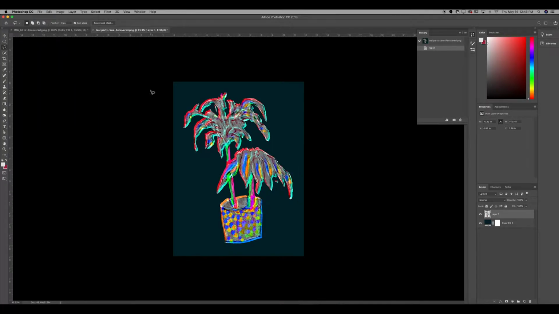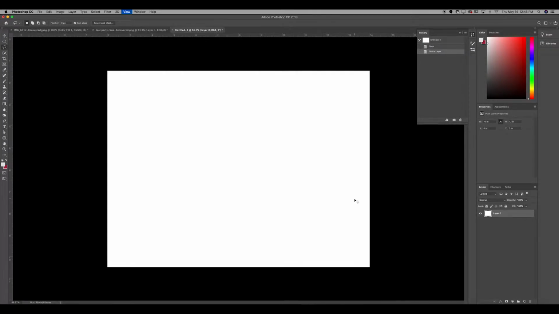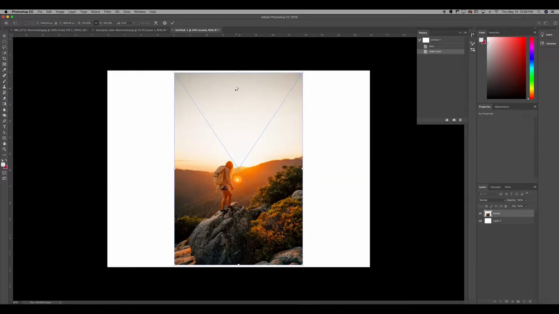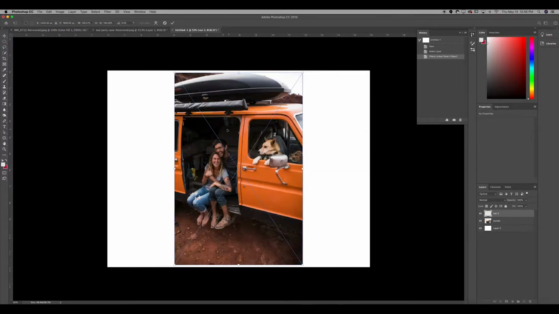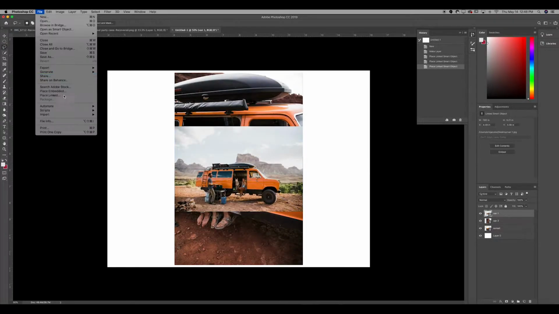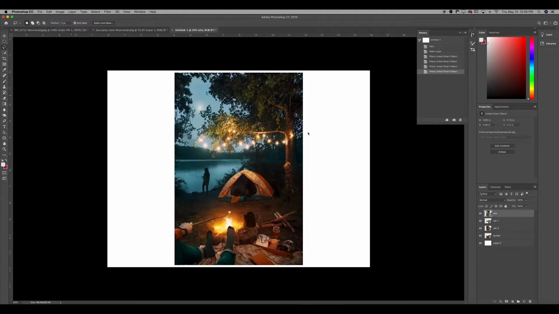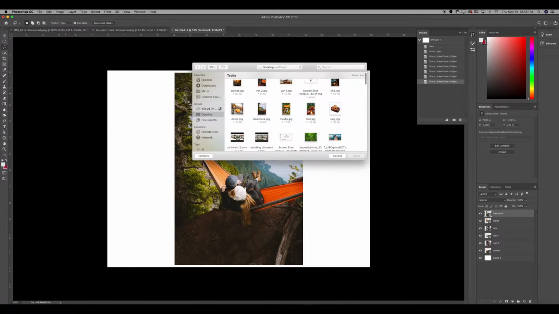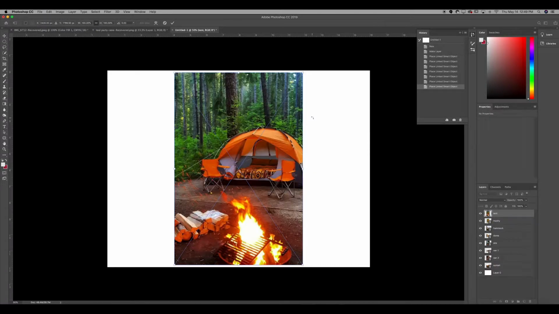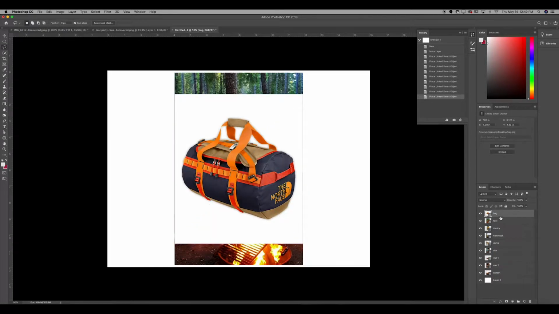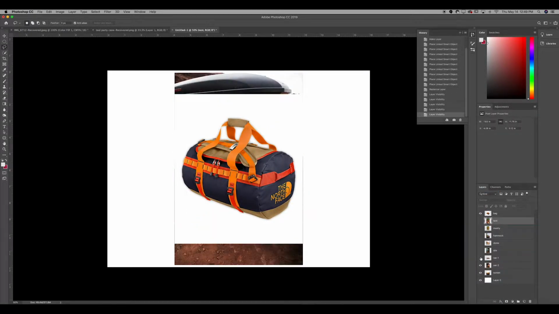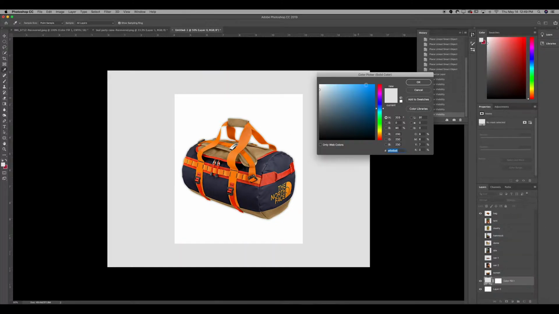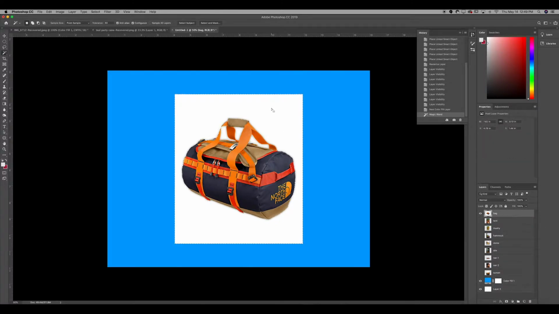Now I'm just in Photoshop, placing all the photos in. Notice I'm not resizing them, I'm just going to place them all in first. And then once they're all placed in, I'm going to go ahead and rasterize the images so I can then directly edit them. Now they're rasterized, and what I'm going to do now is take this duffel bag and just remove the background to make it transparent,